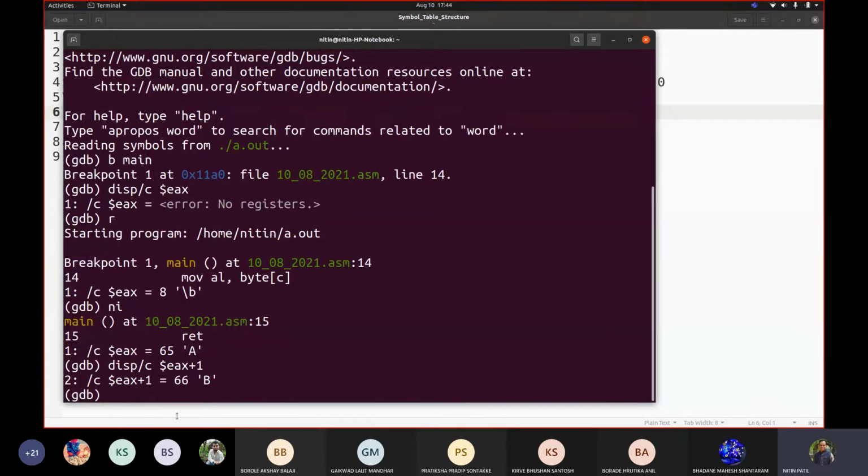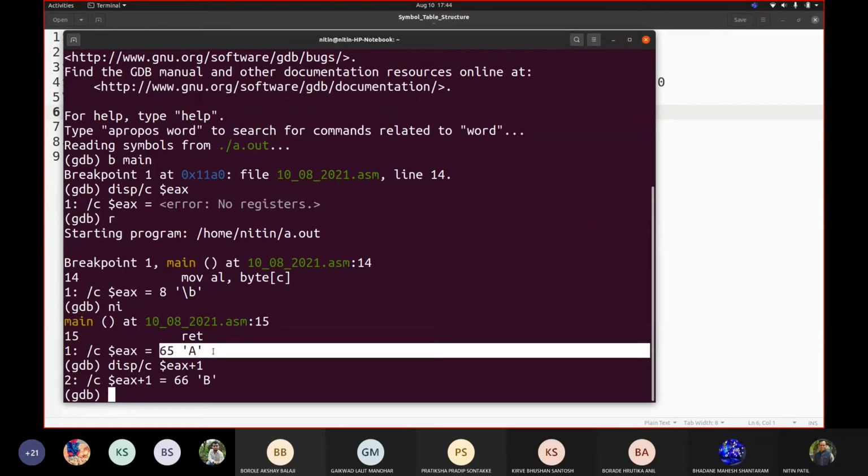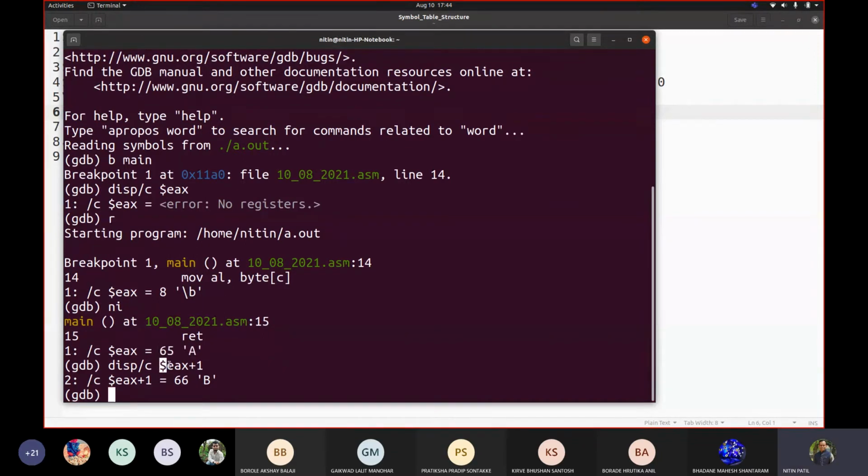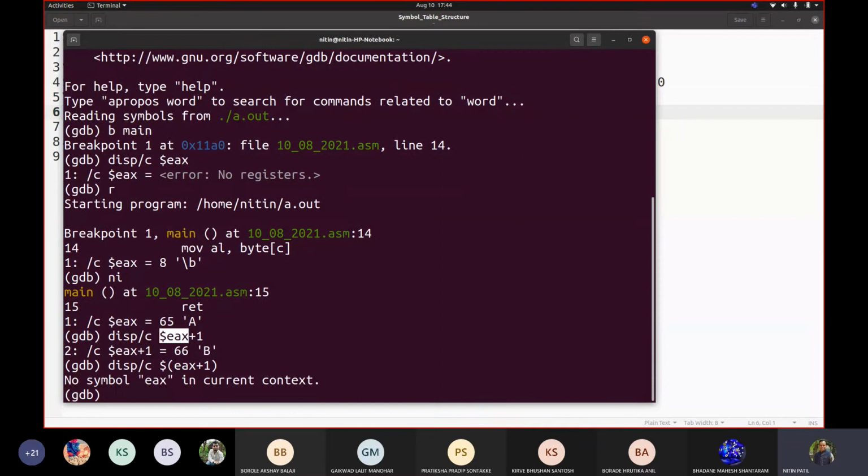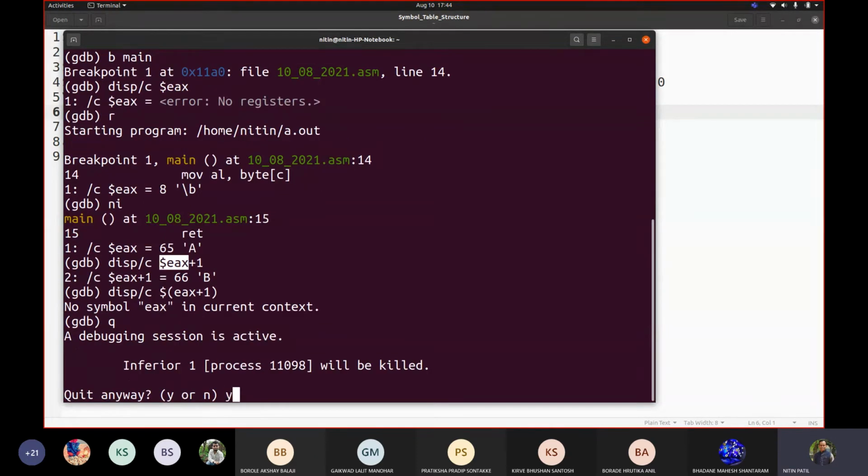So what exactly is it doing? It is adding 1 into this value. That's why it is showing me this, because you are adding the value into EAX. What is the value that is stored in EAX? So if I write like this, will it change? It would not be showing that part to us, correct? Because I want to know exactly what the value is over there at the second byte. Right, so in such a case, how exactly can I get that value? Otherwise, you could have said that if I write plus 1, it tells me the next value.